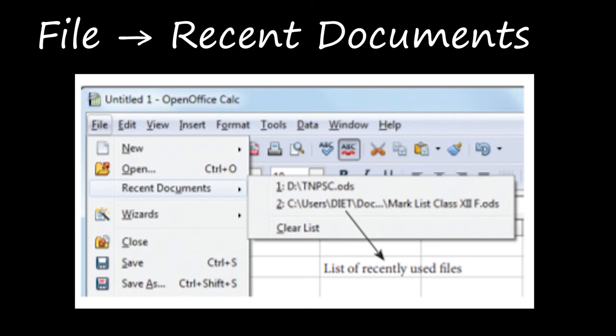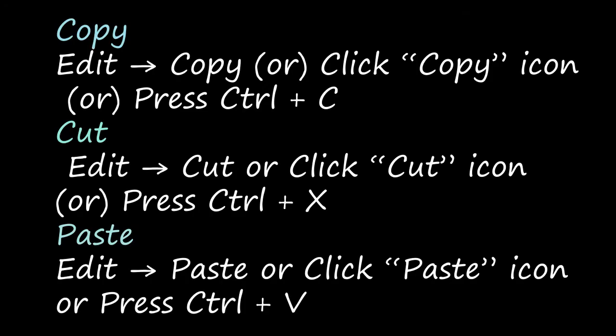And now we are going to see about copy, cut and paste. To copy, you select the particular cell which you have to copy. One cell means one cell. If you want to copy 10 cells, you select those 10 cells and go to Edit and Copy, or you click the Copy icon from the toolbar, or the other way is by shortcut. The shortcut for copy is Control C.